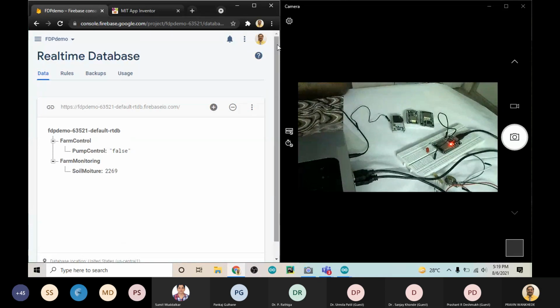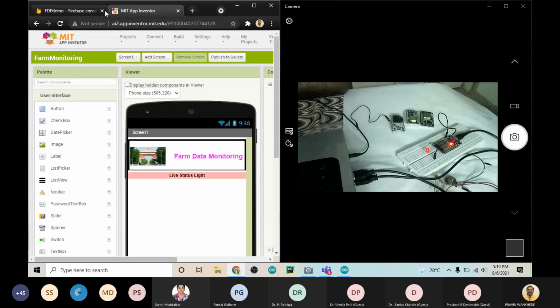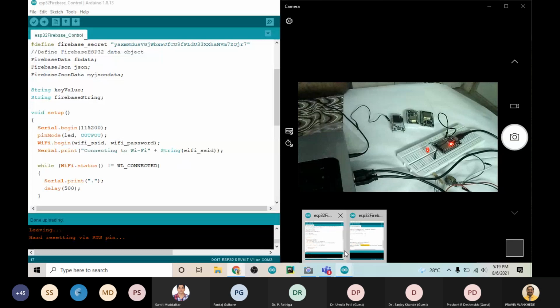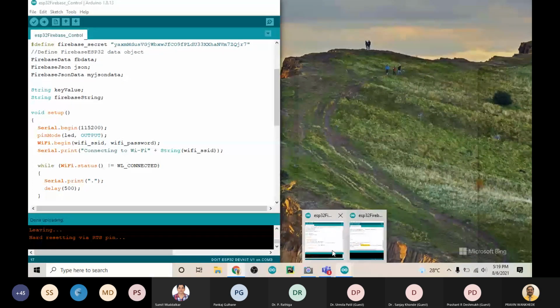So you can see very perfectly it is working. So one bucket is working for control and one bucket is now working for the monitoring. Can anybody tell me, the same code can be used for the purpose of monitoring as well as control? Yes, anybody would like to say?